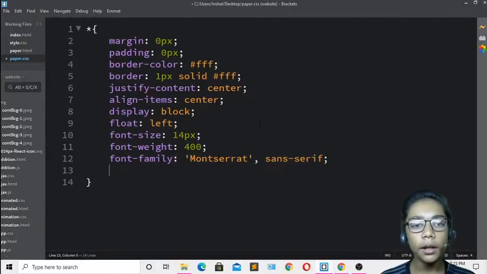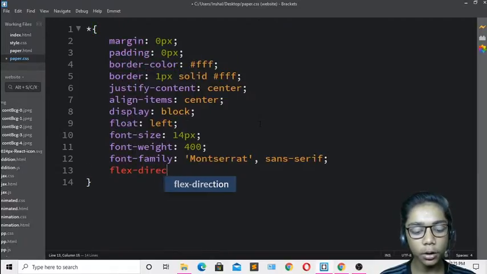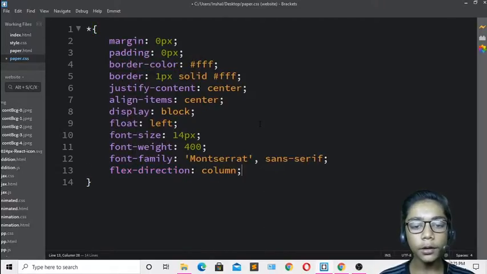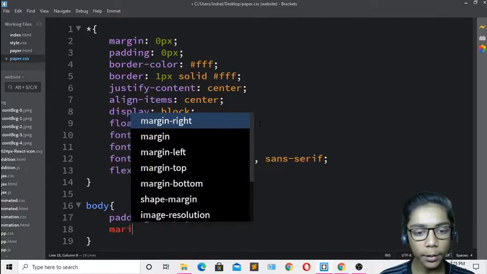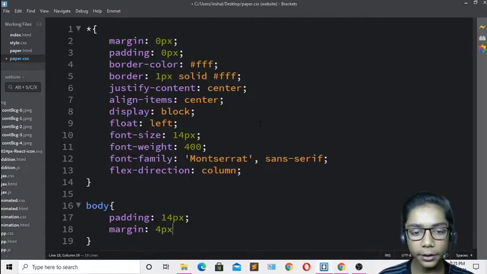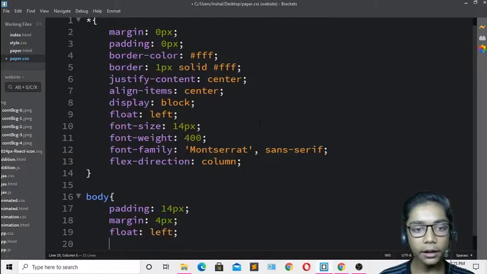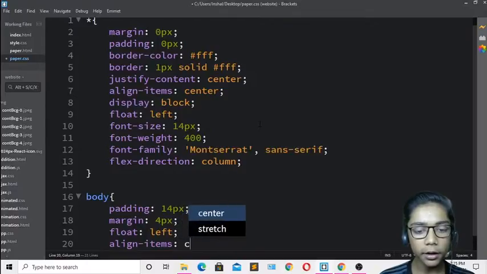Now when you've done that, just go above again and write flex direction, which will be column. And now when you've done that, you have to come and write body. Over here the padding, which should be 14 pixel, and the margin, which I will create of 4 pixel. Then write float left, and align items, which should be center.